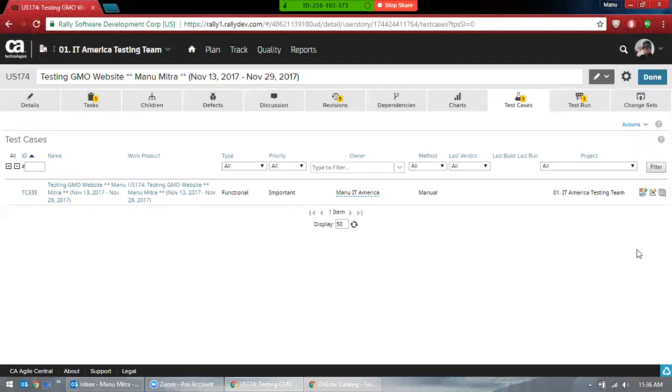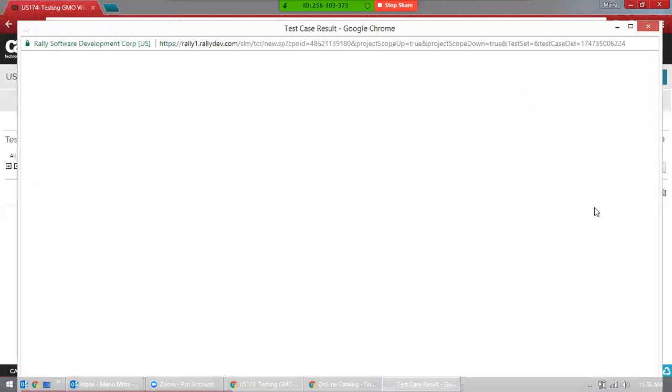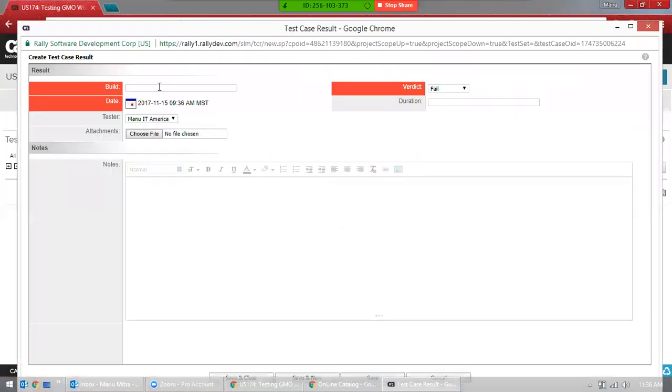Now let's execute this test case. Let's click here, test case, new test case result. So you're generating a result for your test case. Click on this, and we want to write some information. Let's say build, just put it as bold 30. You want to get your build number from your lead. Your lead or your boss knows the build number. You can check with them, or if they don't know, you can leave it. But this is mandatory, see this red color. So you are supposed to put the build number.